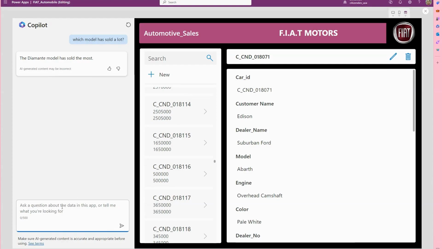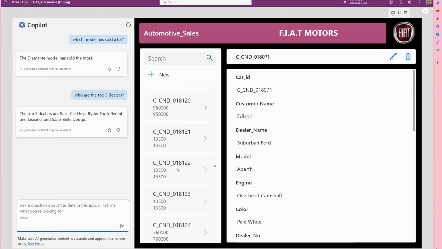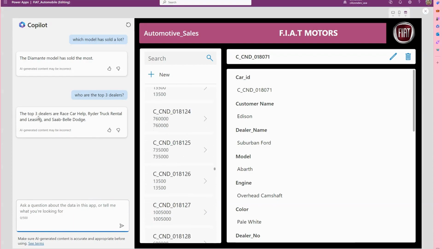We could also ask questions like who are the top three dealers? So the system would query across, again, the millions of records available here